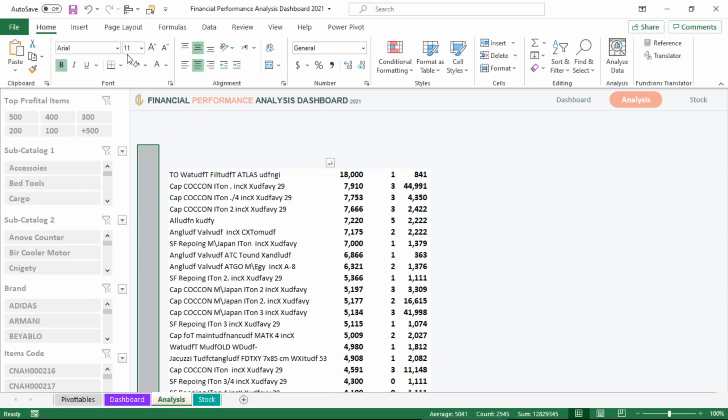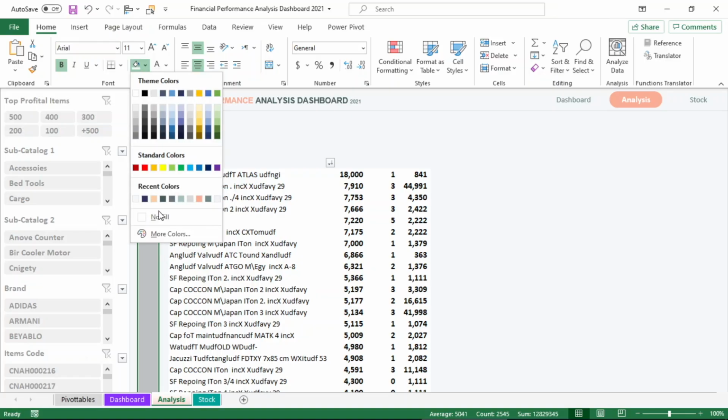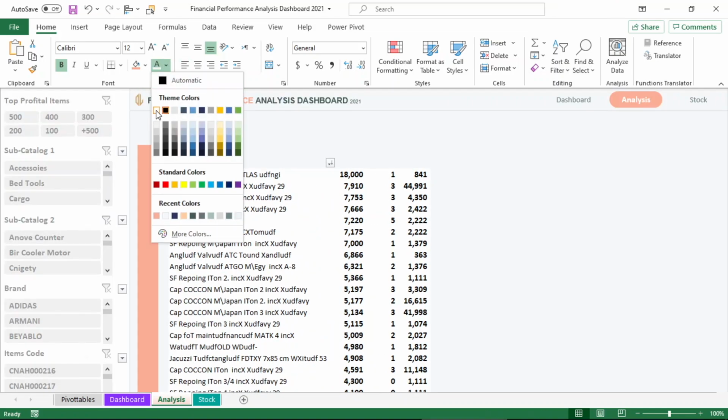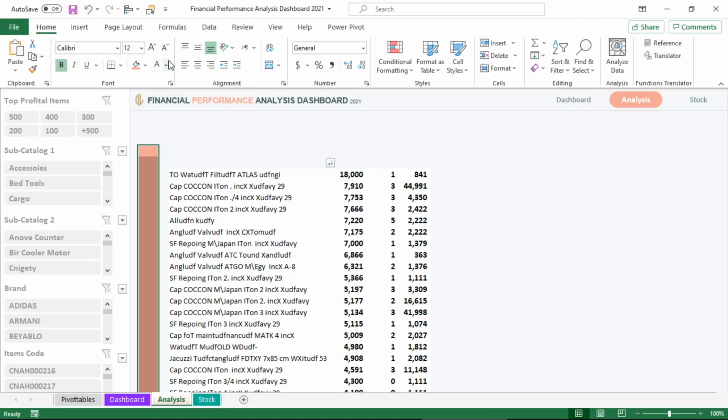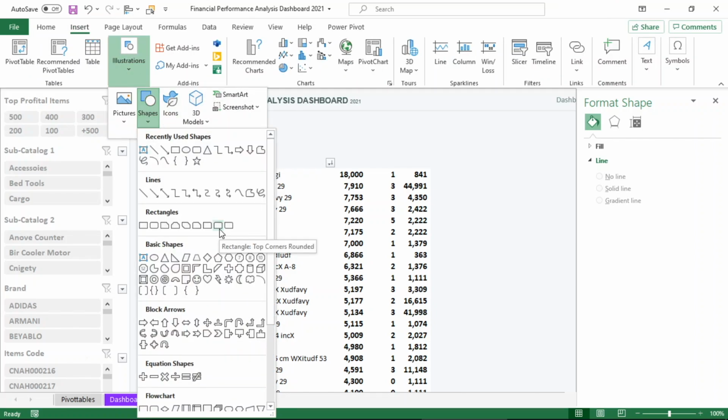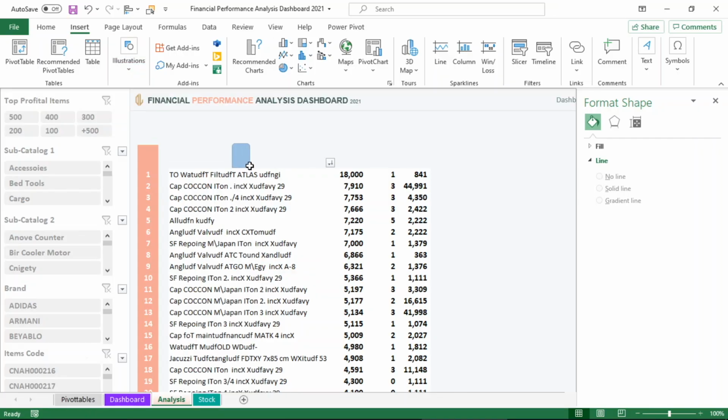Next, we'll add a list showing the product rank number. The header of the column does not appear beautifully, so we will insert this shape and write the column title inside it.